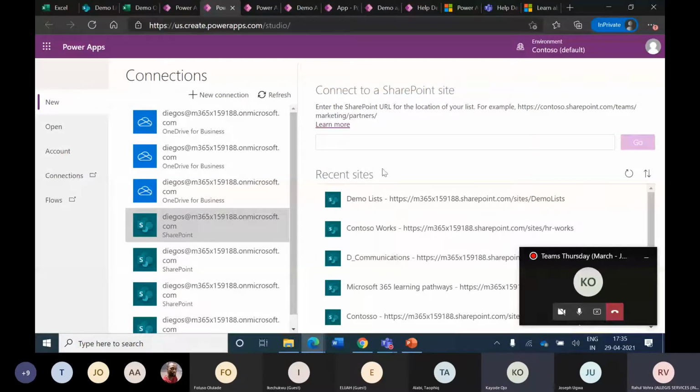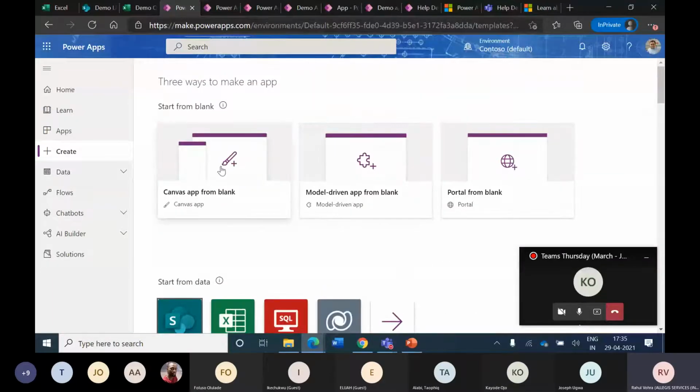Yeah, it expects the list here, but we can always make use of this Canvas app from blank and try working with the document repository. That is one. And if your requirement is an app where the users are expected to upload documents, say, for example, a scenario of somebody uploading a document for approval or something like that, in that case, a list has the option of attachment within itself.